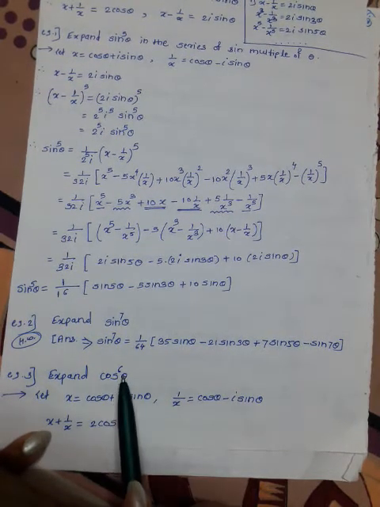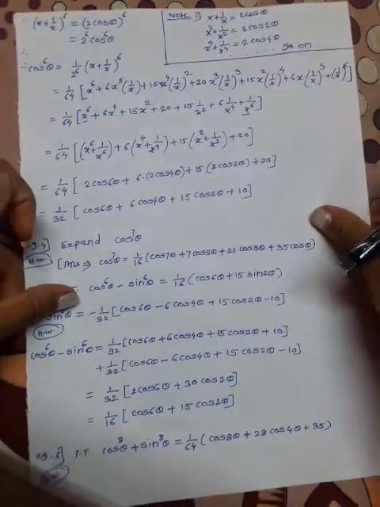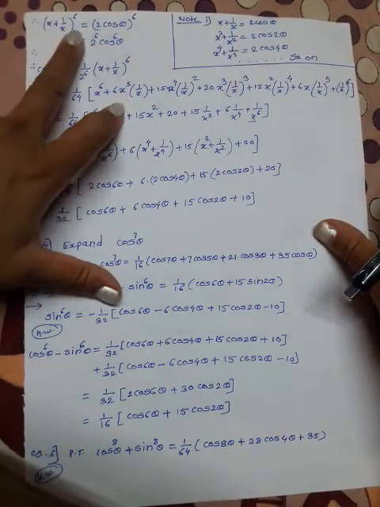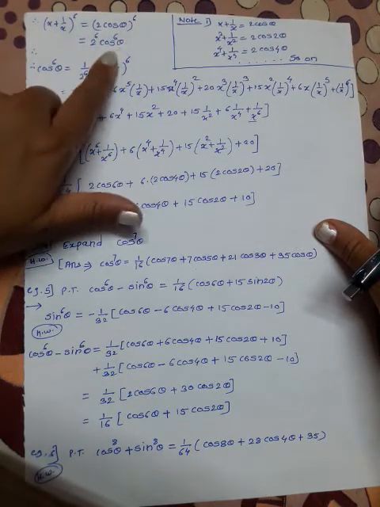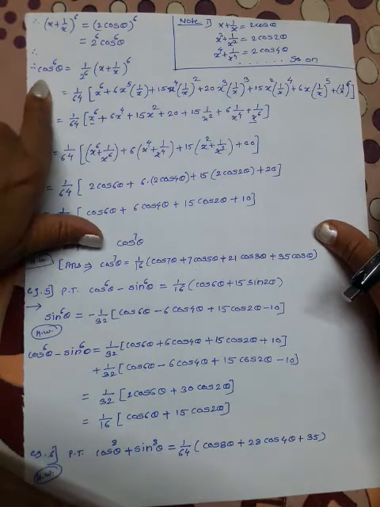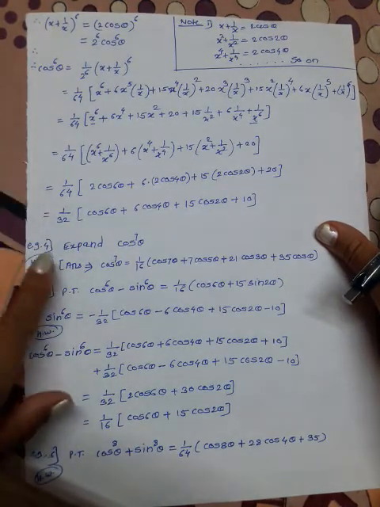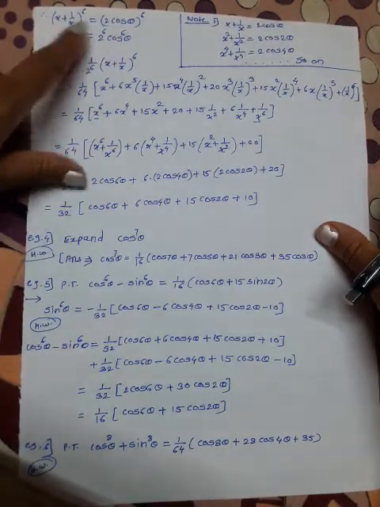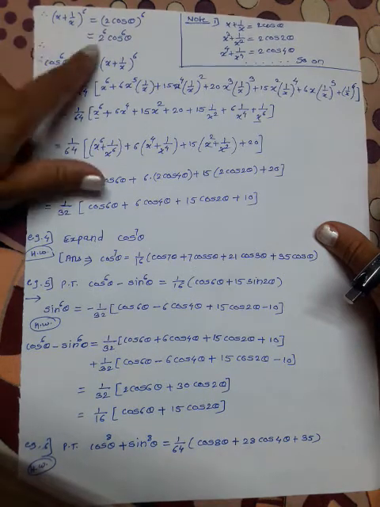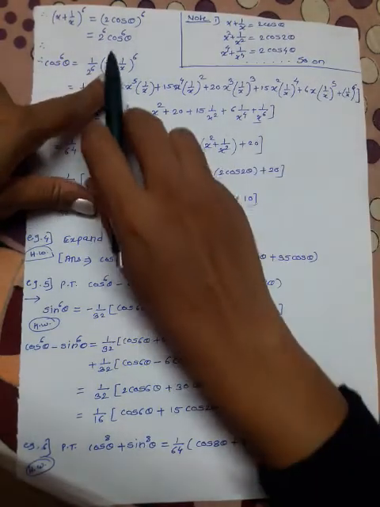Now we need power 6, that's why taking power 6 on both sides. We get x plus 1 upon x raised to 6 is 2 cos theta raised to 6. Simplify, we get 2 raised to 6 cos raised to 6. Take this on LHS side and you can put 2 raised to 6 as it is. At the end you can also remove that 2 raised to 6 from LHS side. And cos raised to 6 theta becomes 1 upon 2 raised to 6 comes in the denominator. We get 1 upon 2 raised to 6 into this term. Now expand this